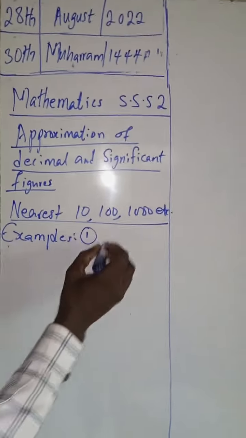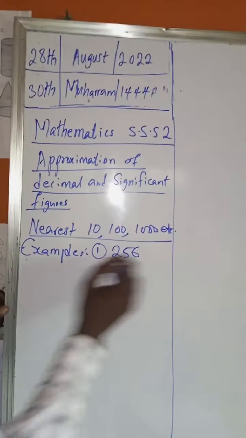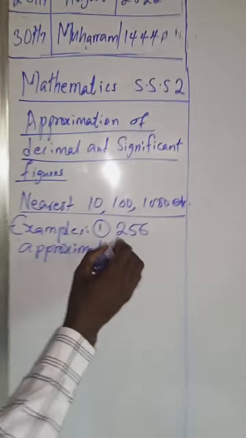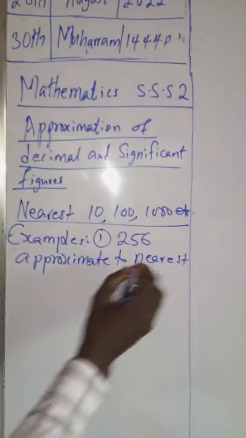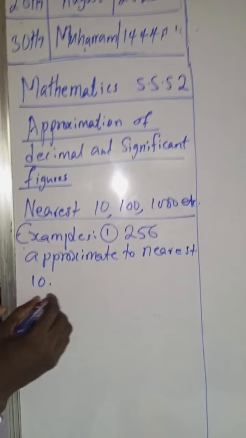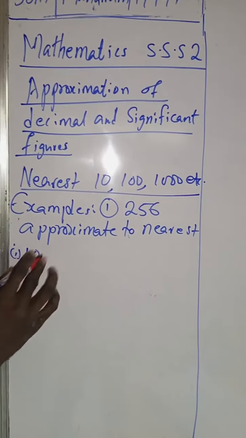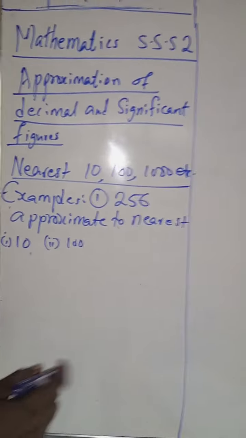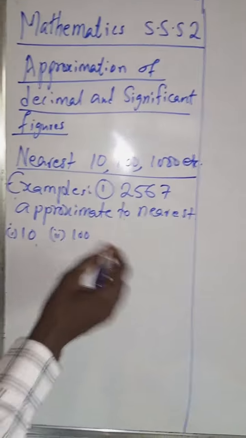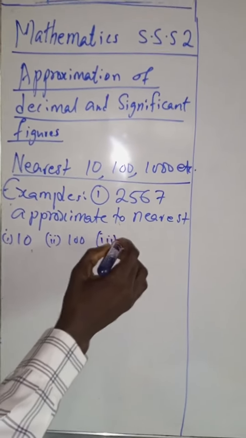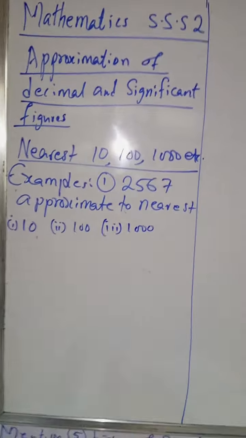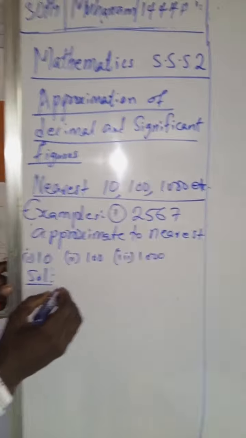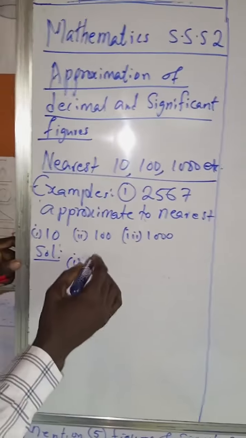When we are given 2,567 and told to approximate to nearest 10, then nearest 100, then nearest 1,000, you just follow the trend. Number 1, let's look at the solution. Number 1, nearest 10 of